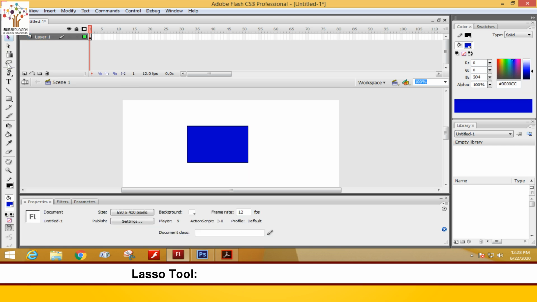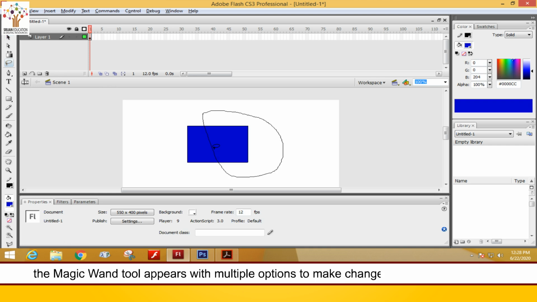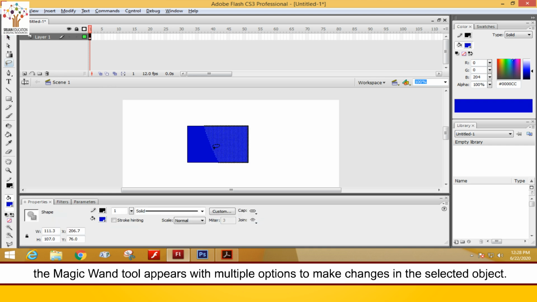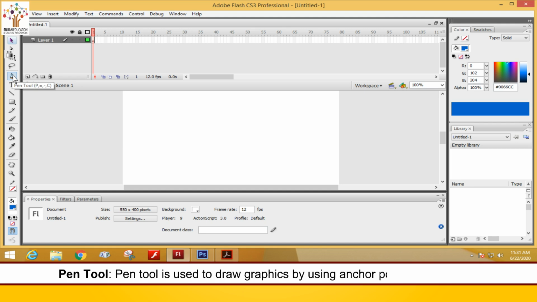Lasso tool. Lasso tool is a freehand selection tool. You can use this tool to select an object and delete the unwanted parts from it. When you click the lasso tool, the magic wand tool appears with multiple options to make changes in the selected object. Pen tool. Pen tool is used to draw graphics by using anchor points and creating a line path in